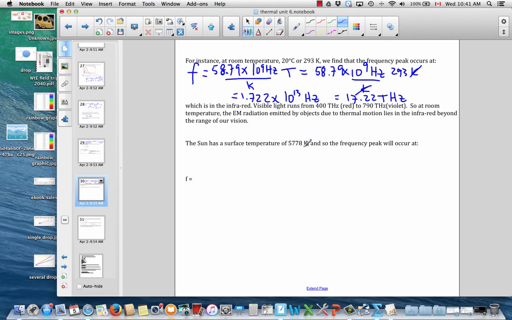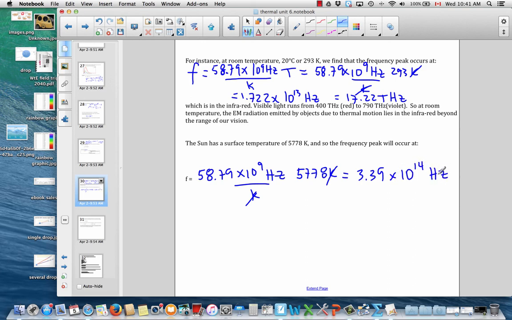A much hotter object like the sun, a lot of the sun's radiation lies in our visible range. Let's see where that frequency peak is. So it's 58.79 gigahertz, that's 10 to the 9. So that's the numerical constant. Then we multiply by the temperature, 5778 Kelvin. The Kelvin cancels, and the number that you get here is 3.39 times 10 to the power 14